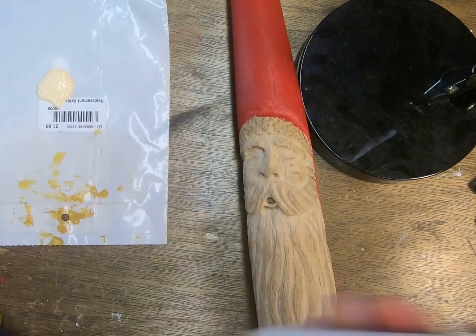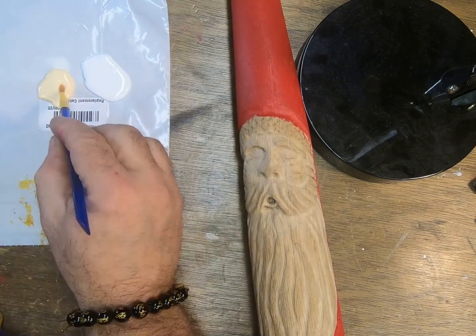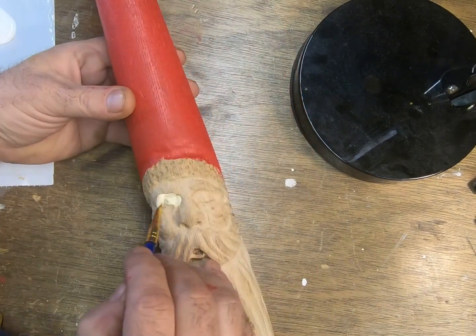I know Jordy sells his for a lot of money. That's a sticks and stones one right there. Mine's just a piece of plastic most of the time, or a paper towel. I know his are pretty expensive, so a